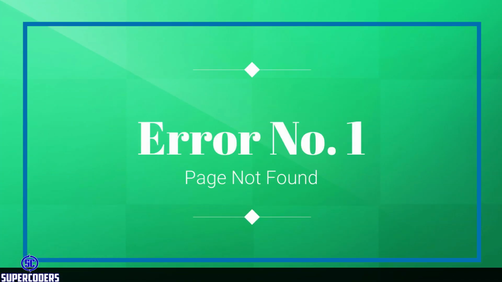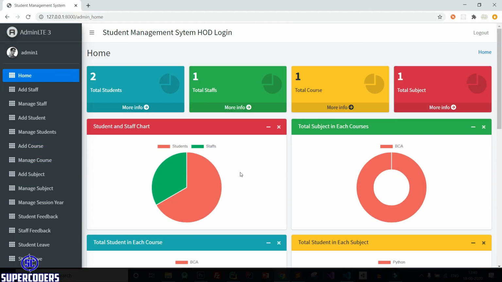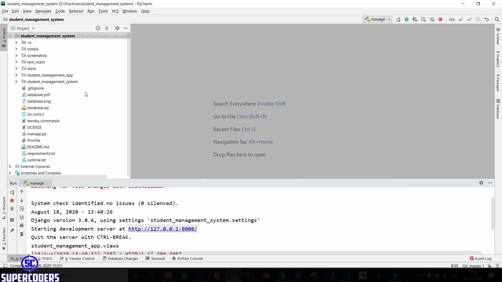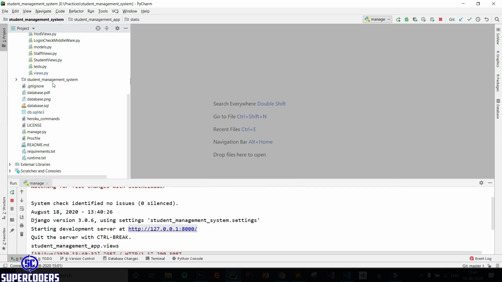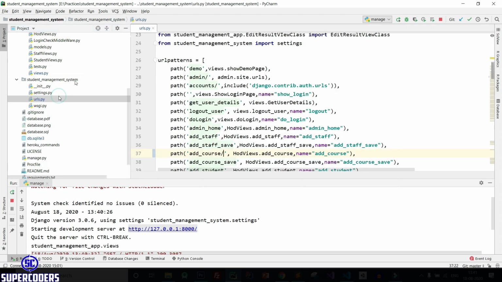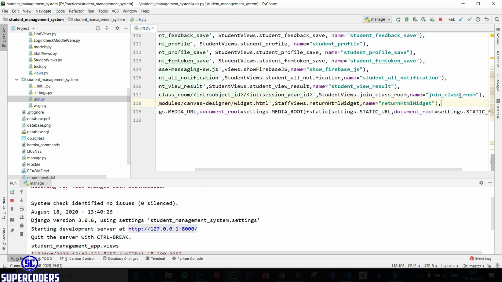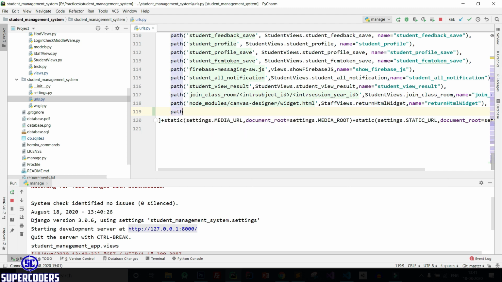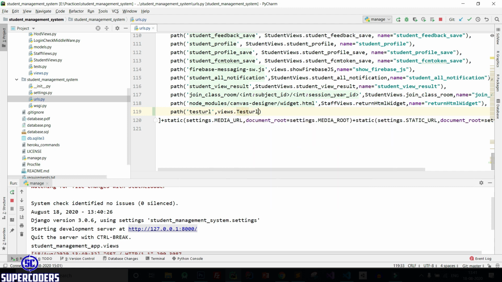So let's see what this is. Come here, then open this app and this project. Now open urls.py and suppose that I am adding a URL. So let's add a URL. Path, test URL, views.test URL.